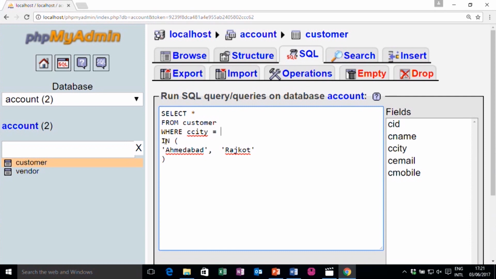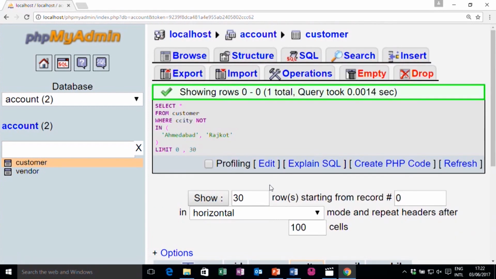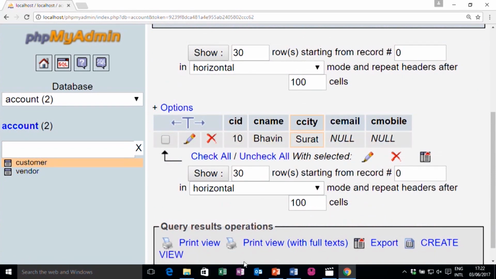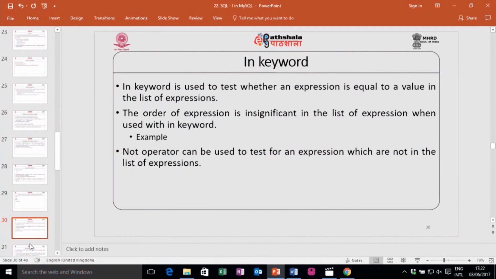For example, I can write where city not in Ahmedabad and Rajkot. So, it will show me only those records where city is not Ahmedabad and Rajkot. Right. So, we have only that one record. So, this is about the IN keyword.